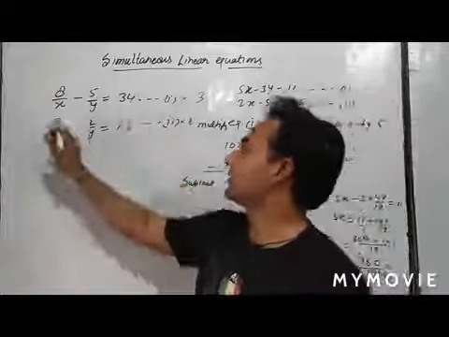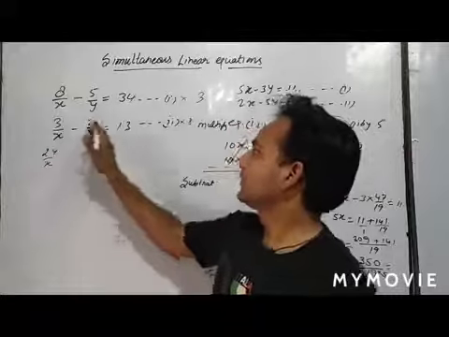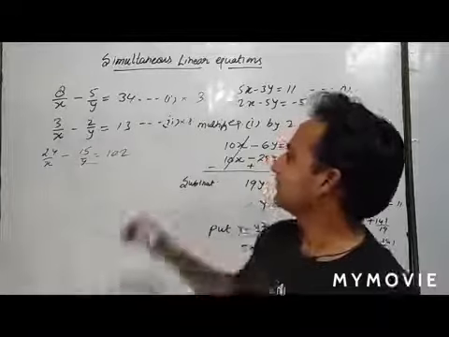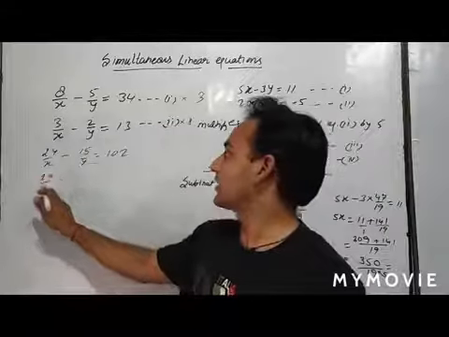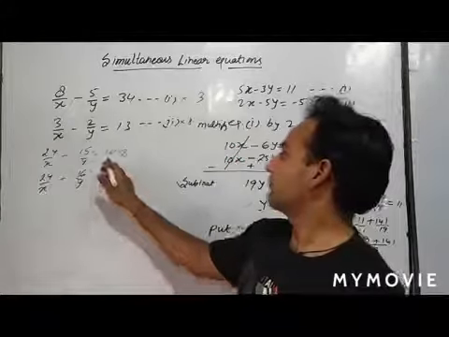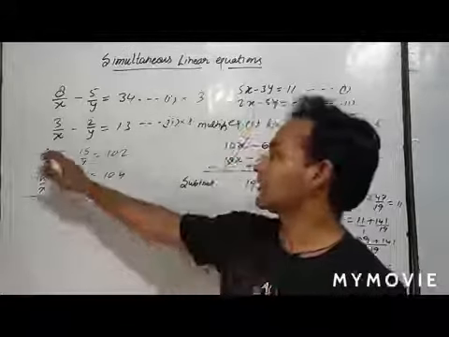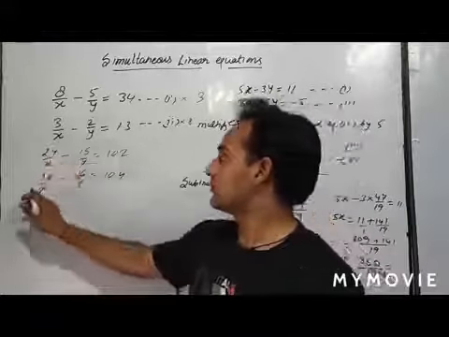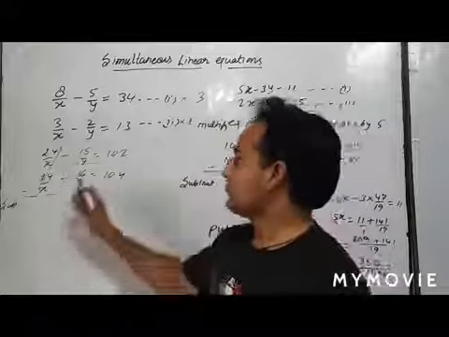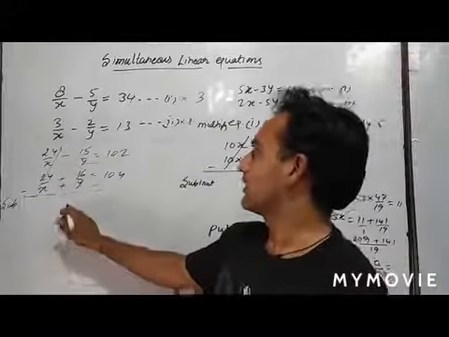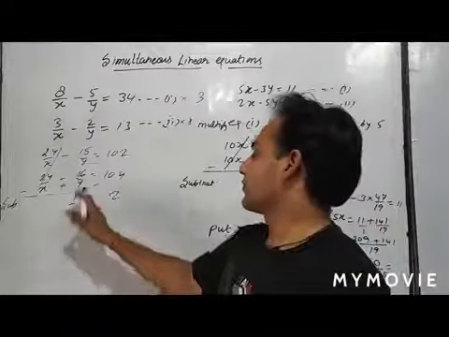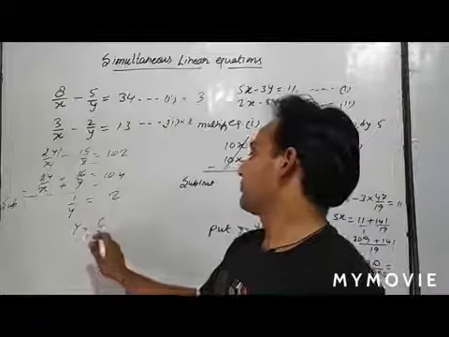What will happen? See, 3 8s are 24 upon x, 3 5s are 15 upon y, 3 4s are 12, 3 3s are 9 plus 1 10. Now 8 3s are 24 upon x minus 8 2s are 16 upon y is equal to 8 3s are 24, 8 1s are 8, and 2 10. Now we have same coefficients 24 and 24, so subtracting, we will cancel it. So now we have minus 15 upon y plus 16 upon y, so we will get 1 upon y is equal to minus 104 plus 102, so it will be 2. After cross multiplying, we will get y is equal to 1 upon 2.